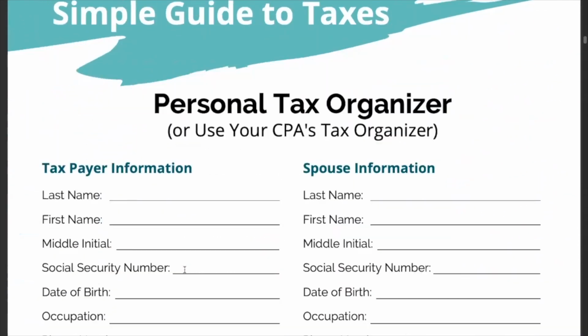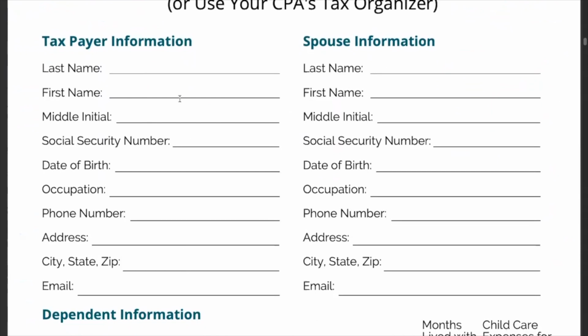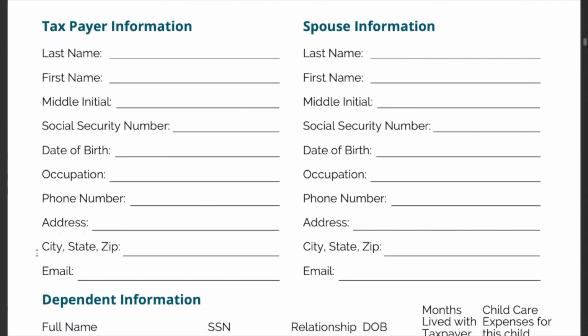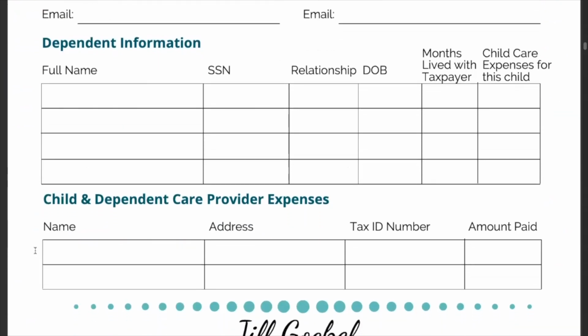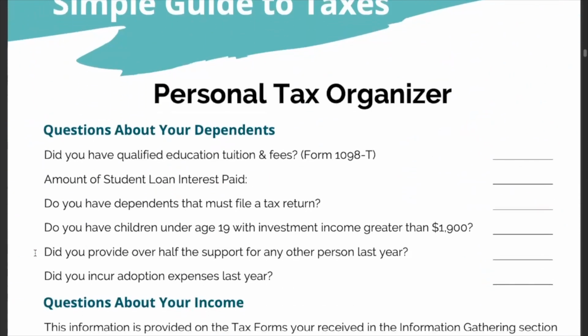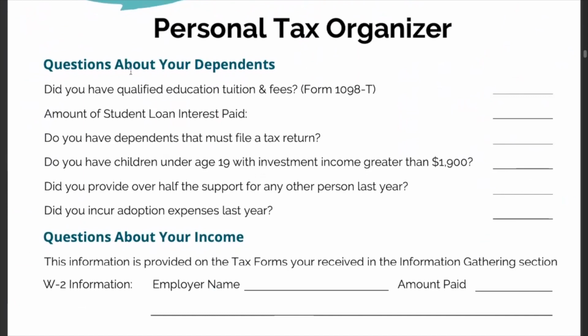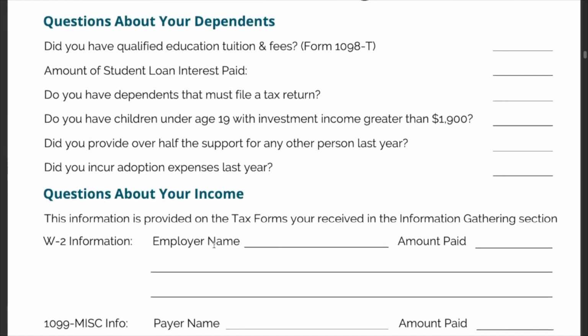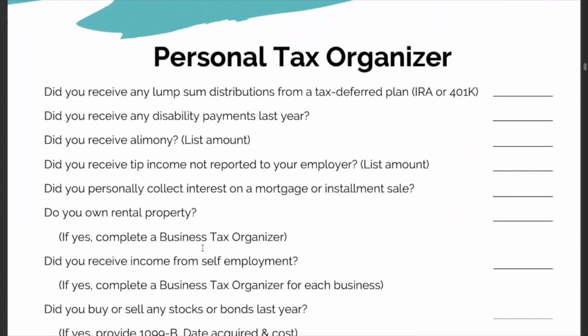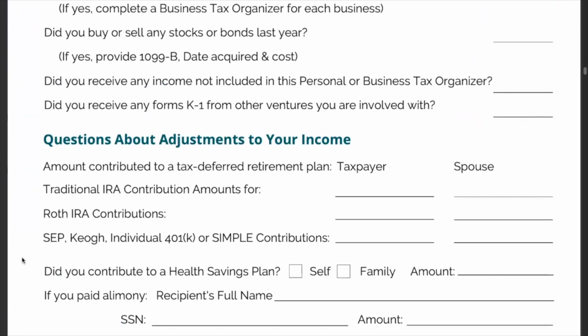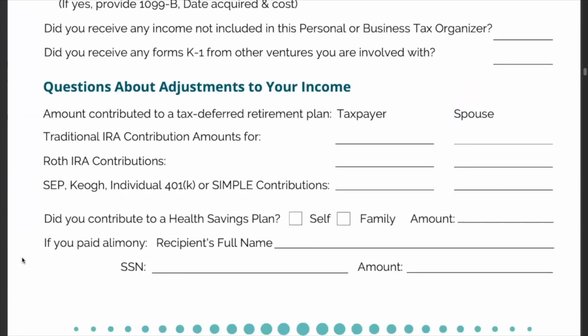Okay. Then you're going to actually fill out your information. This is name, social, all of that. Again, this comes back to the personal tax return, so you can just pause and copy this information down, or like I said, you can download this as a printable version just for $8, and it'll make your life so much easier. So questions about your dependents, questions about your income, and let's get on down to, okay, things about your investments,